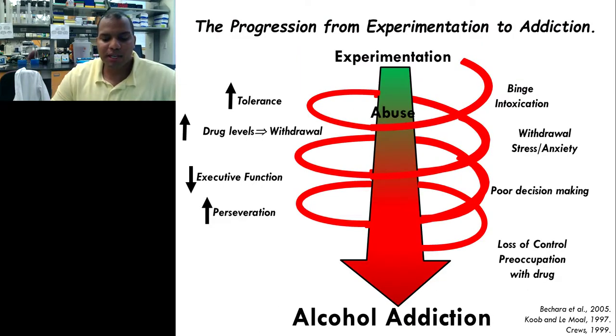But what my lab is interested in is what happens as someone goes from experimenting with alcohol, so maybe someone's a social drinker and occasionally they might have a glass or two, to when they start to abuse alcohol. When we talk about abuse, we're talking about alcohol under problematic situations, whether it is binge drinking or drinking during periods that are inappropriate. So if you're underage drinking, that would be considered abuse. Individuals who are pregnant and drinking, that would also be classified as alcohol abuse.